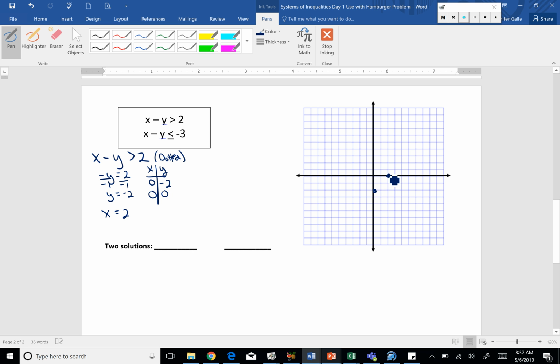So double check your line. And then it should be dotted. And then go ahead and test. So you do have standard form. Be careful though, when you put a 0 in for x, it's really a negative y you have left. And then when you test,